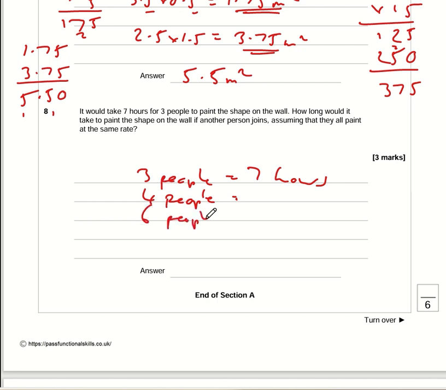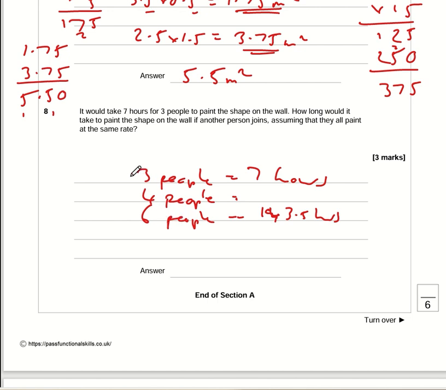Then 6 people would be 14 hours. Double the number of people, double the number of hours. But that would be incorrect, because if you have more people working, it's going to take less time. So we have twice as many people, so it would take half the time. So that would be 3.5 hours. Anyway, working out for 6 people is completely pointless anyway, but that was just to show you why this question